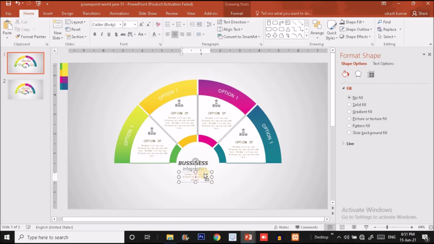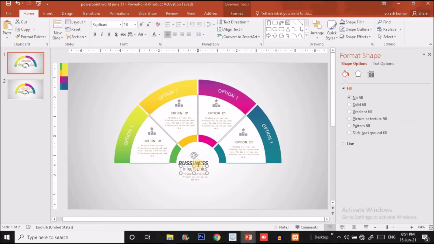I'm going to make another group of these three texts over here, guys. Press Ctrl G and put it at the center of the slide like this. Now let me explain which type of text I'm using and how I rotated this option text over here. So you have to make changes over here. So I'm going to make it option 2. This will be our option 3 and this will be our option 4.